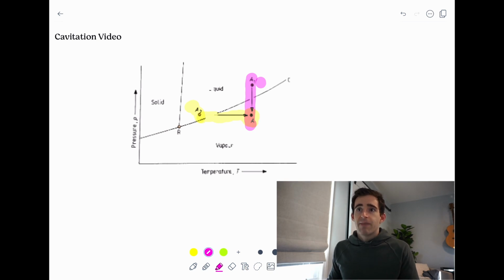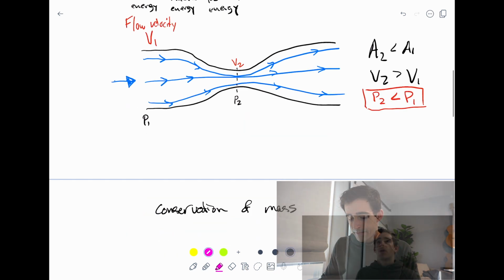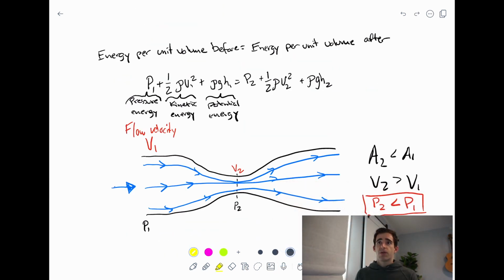So the question is, how do you decrease the pressure in a system? To understand this, let's look at the Bernoulli equation. We can see how pressure decreases in a moving fluid if we look at the Bernoulli equation in a nozzle. The Bernoulli equation can be thought of as a form of energy balance per unit volume. Since energy is conserved, we can know that energy per unit volume is the same at 2 points along a